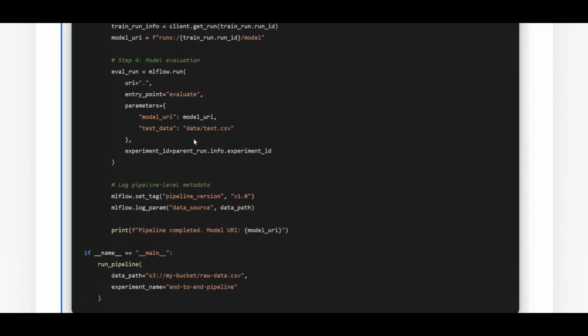Step 4 evaluates the model. At this point, the entire pipeline is fully tracked. Each step has its own run, and the parent run ties everything together. And we log pipeline-level metadata. This information doesn't belong to any single step, so it's attached to the parent. When you open the